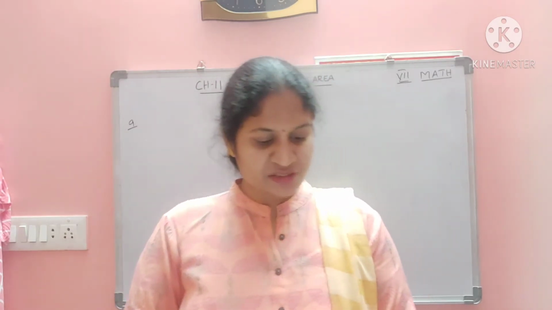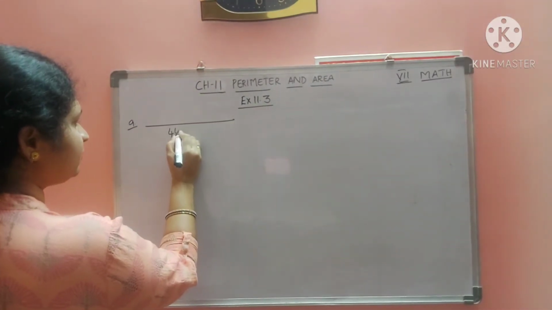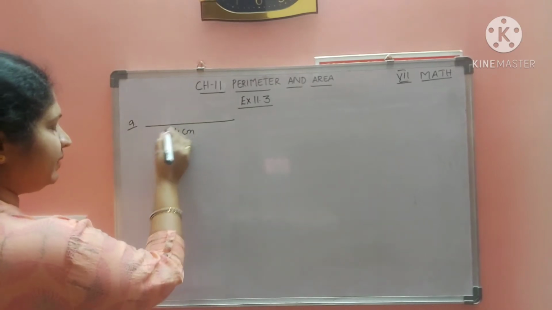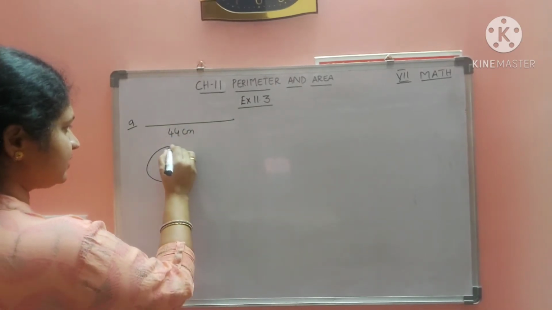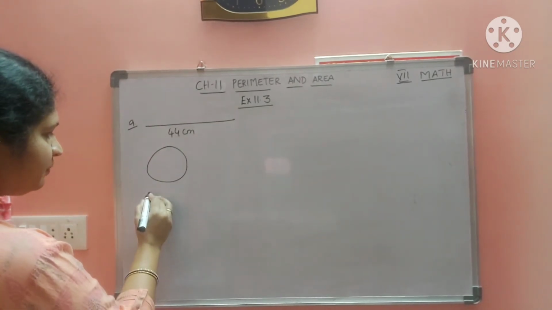Which figure encloses more area, the circle or the square? So, Shajli took a wire of length 44 centimeters. She is bending it into the shape of a circle and also into the shape of a square. So the length of the wire is equal to the circumference of the circle, and also the length of the wire is equal to the perimeter of the square. Is this clear, children? The length of the wire they have given is 44 centimeters. First she bent it into the shape of a circle, and then she bent the same length of wire into the shape of a square.